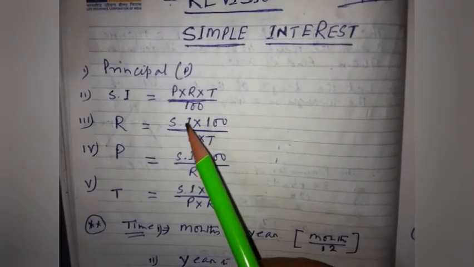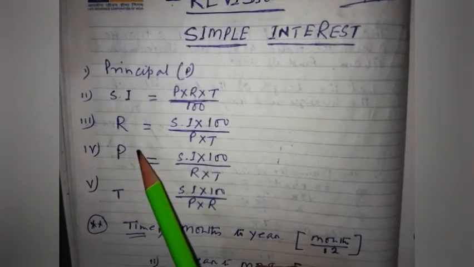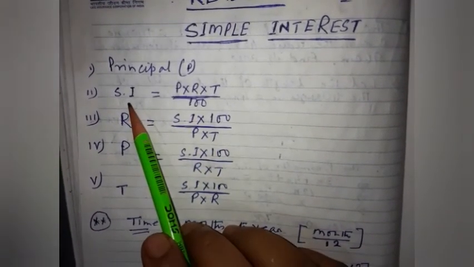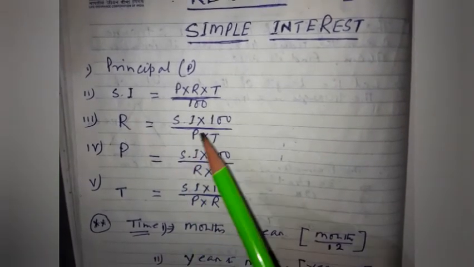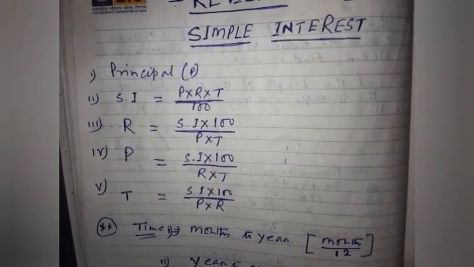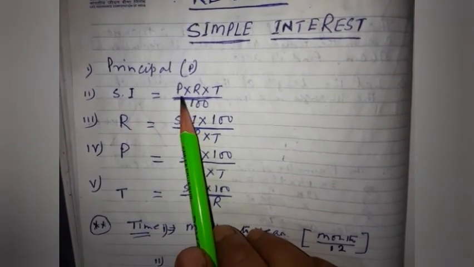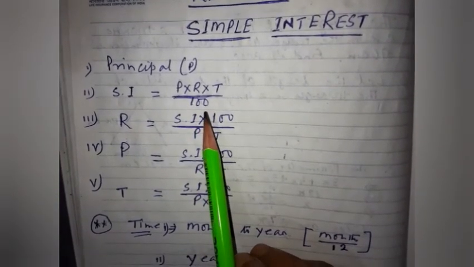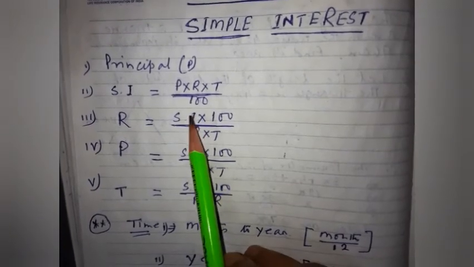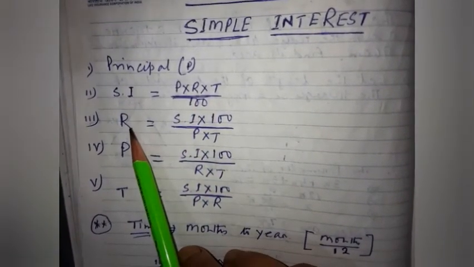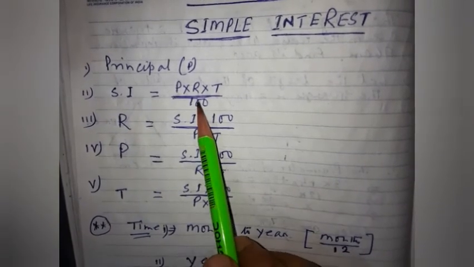Now afterwards I have written all those things. There is no need to learn these things. If you know SI, simple interest, and how to find anything of it, let me tell you the easiest way. SI is already known to you. After that you must see there are 3 terms. Whenever you are going to calculate anything, like here R is on the right side. If you want to take R alone, then what do you do? SI into 100. How does this come?